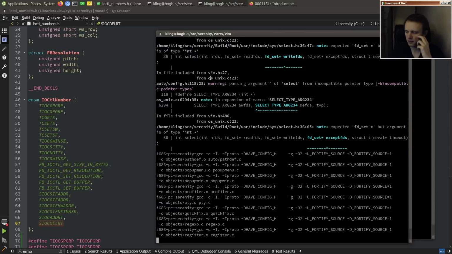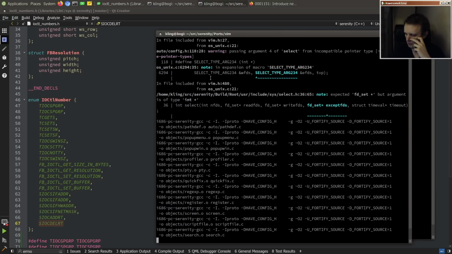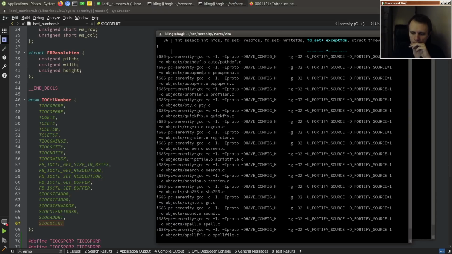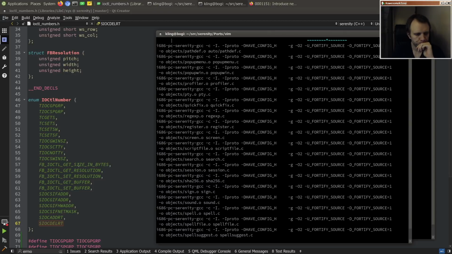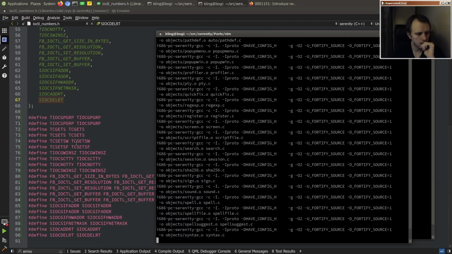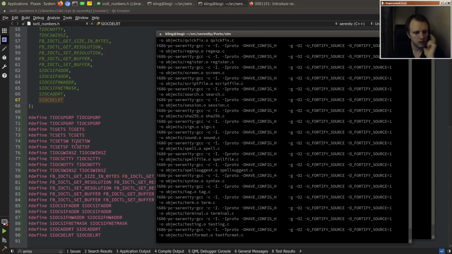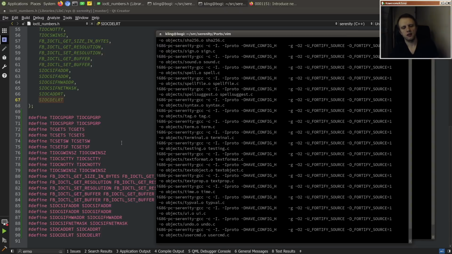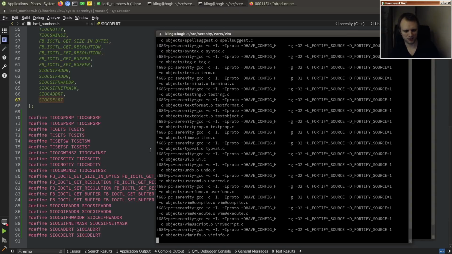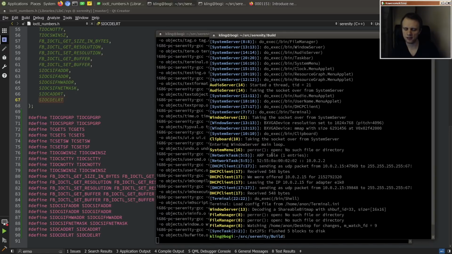Where's that build? It would be nice if this just works, because I'm actually kind of surprised how nicely the Vim port runs